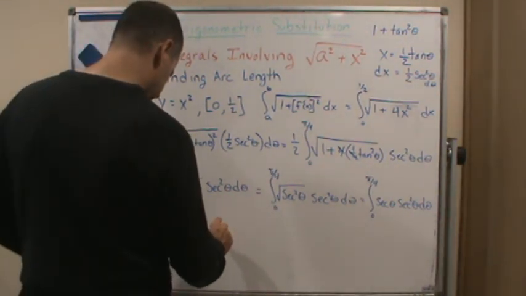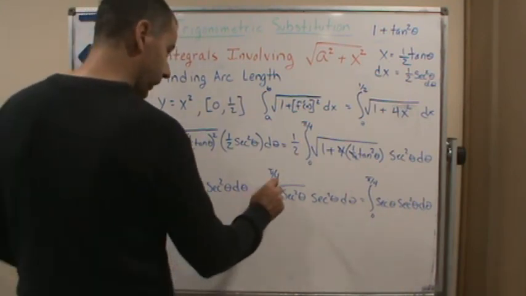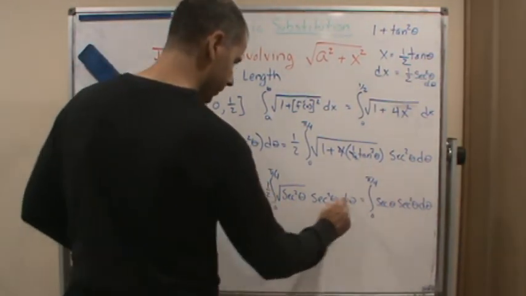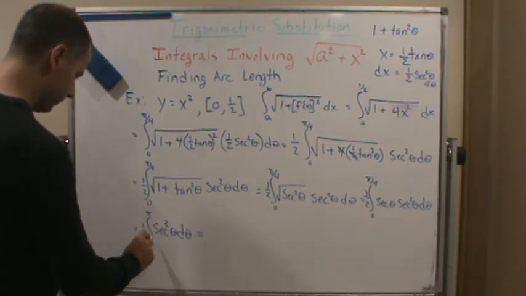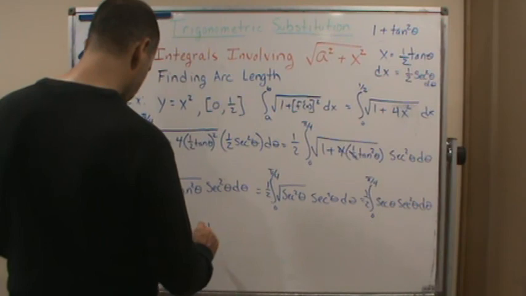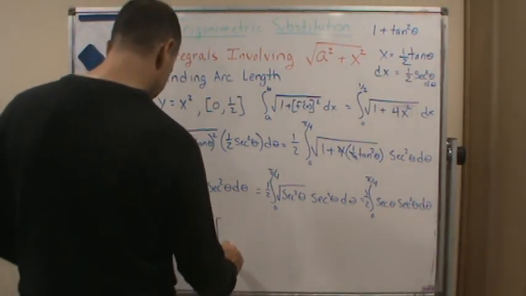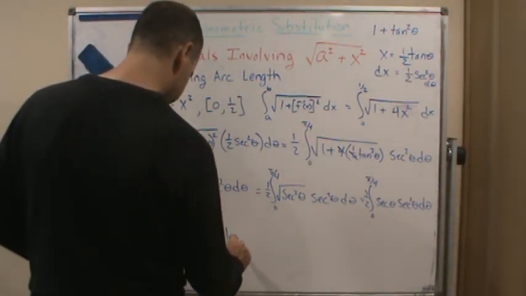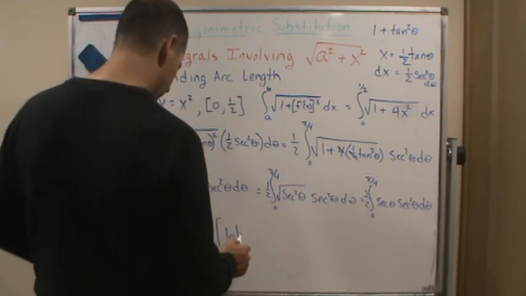So this is going to result in, oh boy, I missed the 1/2. I dropped the 1/2 along the way. Can't drop the 1/2. Okay, so now I get 1/2, and this is going to end up being the natural log of the absolute value of